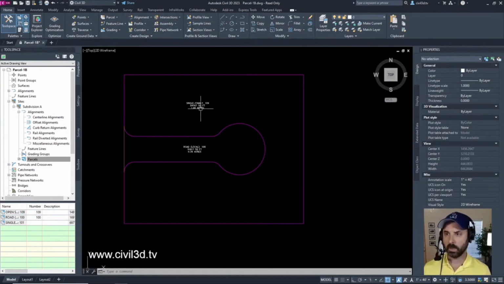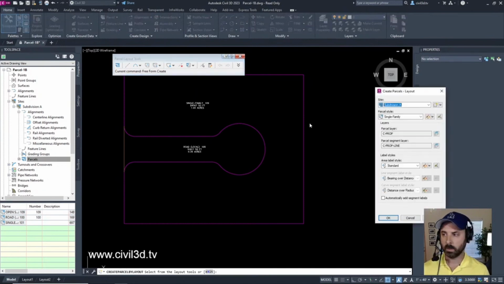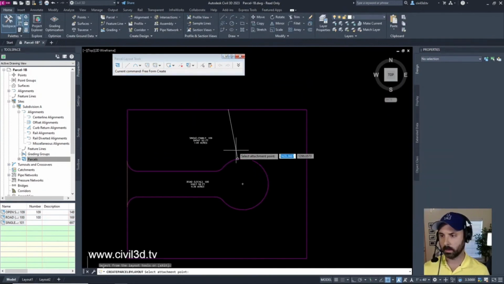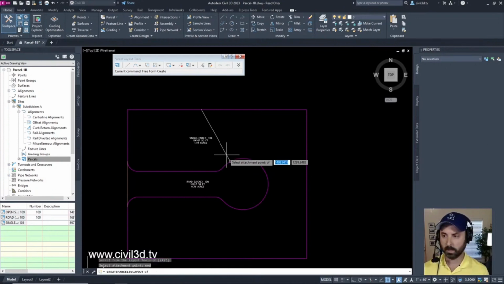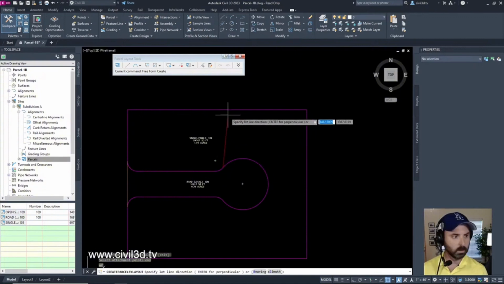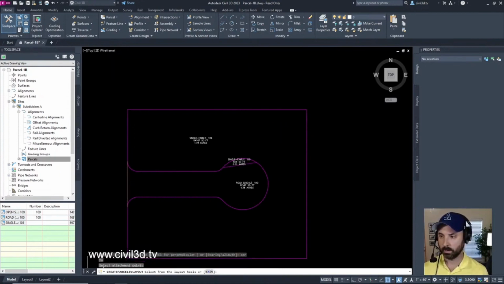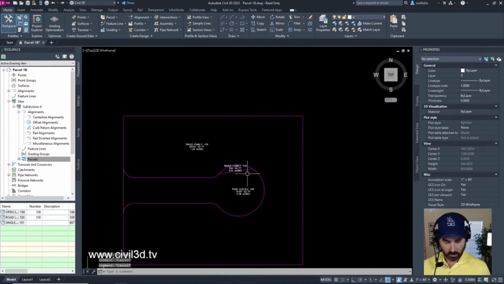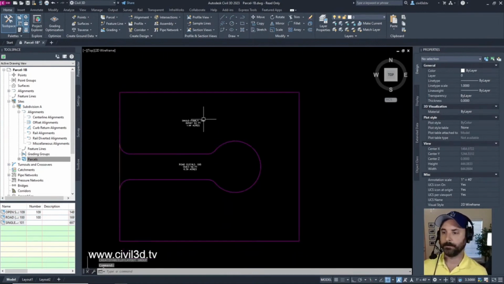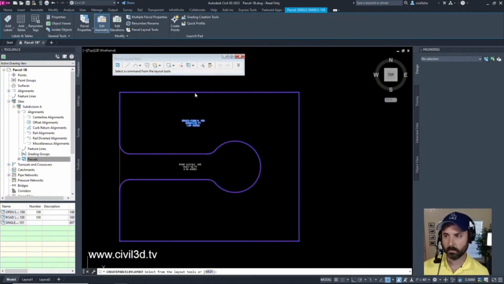Okay. Let's try this. Parcel creation tools. Freeform. Okay. Select this. I can go perpendicular like so. Well, maybe not. Come on, Civil 3D, come on.